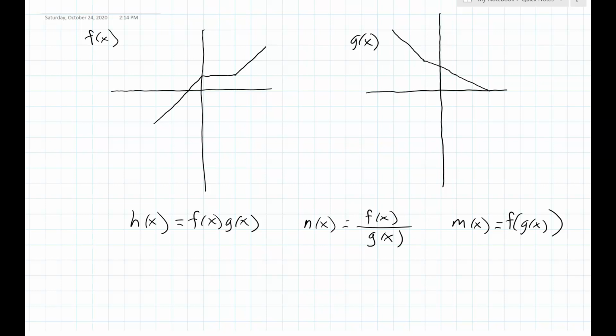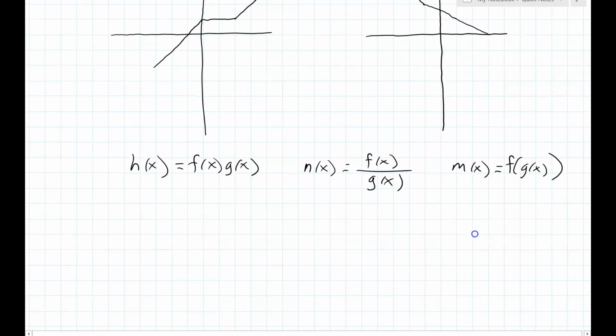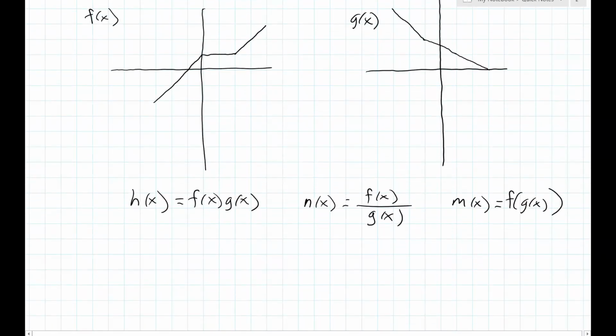But this is going to be looking at the quotient rule, product rule, and chain rule without an equation, but looking at a graph instead. And so this will help cement your understanding about what a derivative is in terms of the graph. I also think it really helps make it clear how the product rule, quotient rule, and chain rule work. So this is the graph of f of x, and the second one is the graph of g